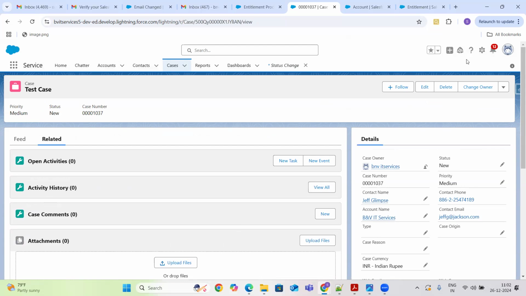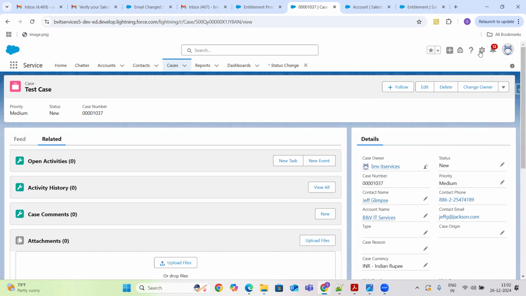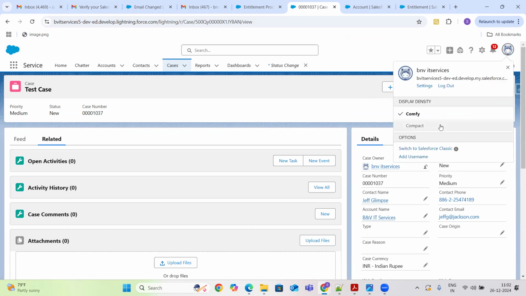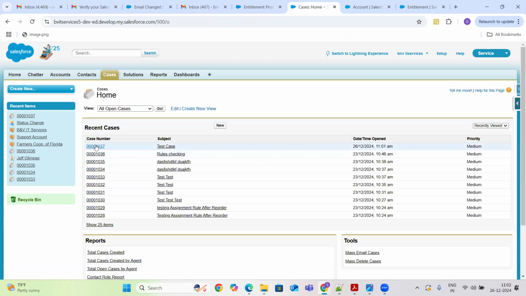So the thing that we need to do is, first of all, I don't know which page layout they have used, right? So I can switch back to classic. And then I'll go to my cases. I'll open up my test case.